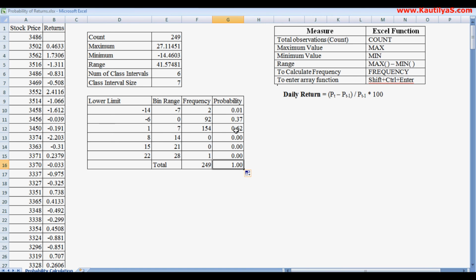While calculating expected return, we simply take the mid value of the class interval, -6 to 0, into 0.37, and 1 to 7, mid value is 4, into 0.62, and we will get the expected return. This is how we calculate the probabilities, and these probabilities are used to calculate the expected returns.